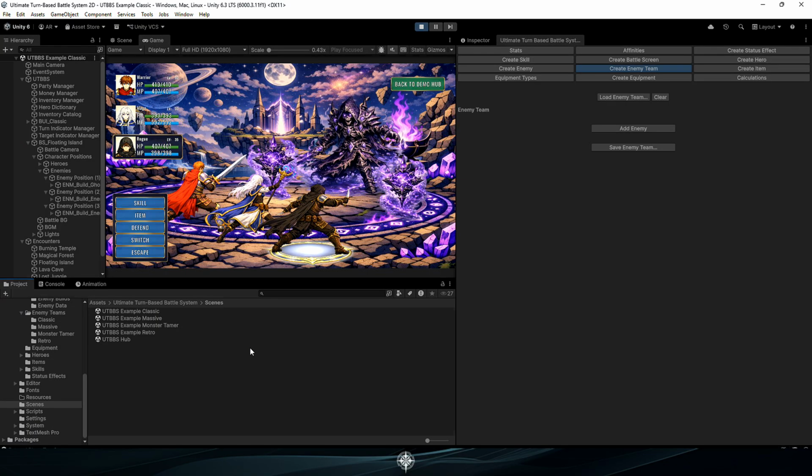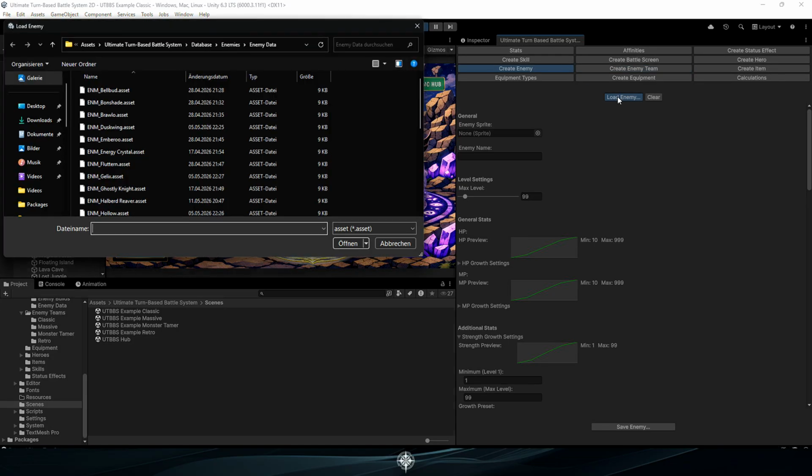Hello and welcome to the next tutorial for the Ultimate Turn-Based Battle System for Unity. In this video, we are going to take a look at the Create Enemy Team tab inside the custom Ultimate Turn-Based Battle System window. In the last tutorial, we created individual enemies, but an enemy by itself does not define